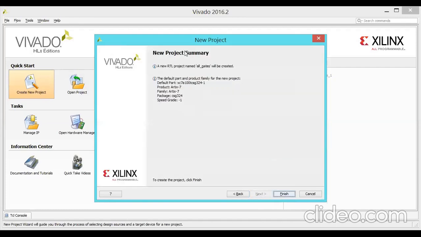So it will give the project summary. This is the project summary sheet. A new RTL project named all_gates will be created. The default part is XC7A100T CSG324-1. Product family Artix 7, package CSG324, speed -1.